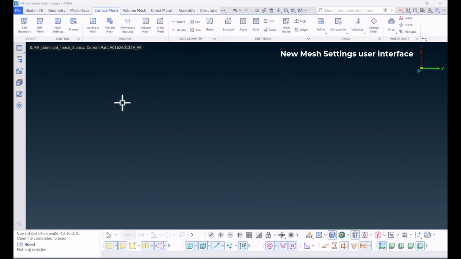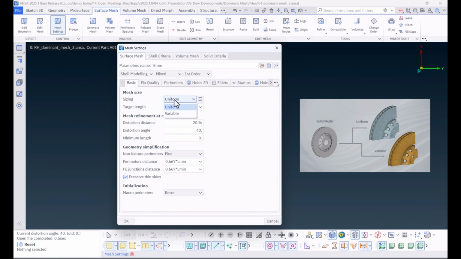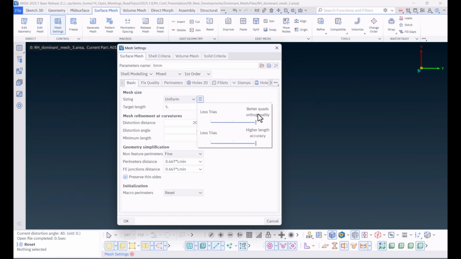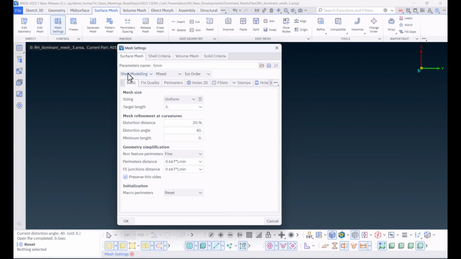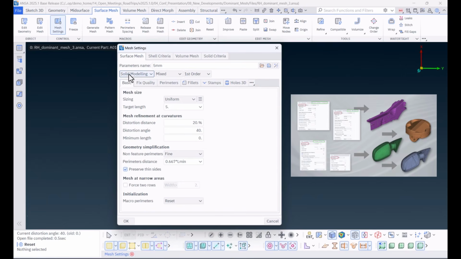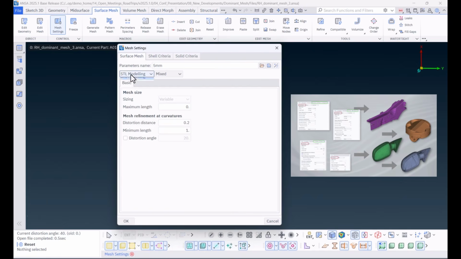The new Mesh Settings UI guides the user to easily generate the desired mesh based on model type. Variable sizing is available for any model type. In version 2025, advanced controls are present for prioritizing minimum triangle generation over quad orthogonality and element length precision. In the mesh settings, next to sizing, two new options are introduced to control triangular count. Changing between mesh types results in Mesh Settings window update containing only the corresponding necessary settings each time.